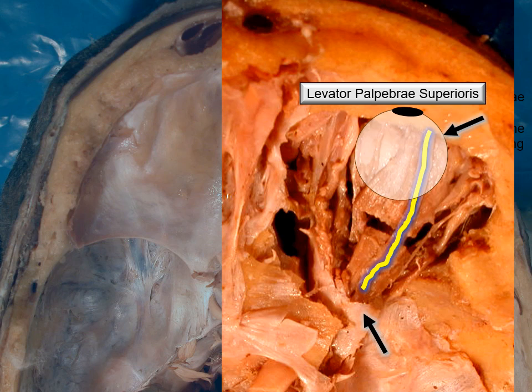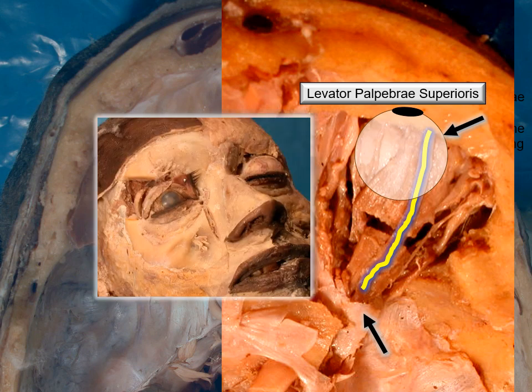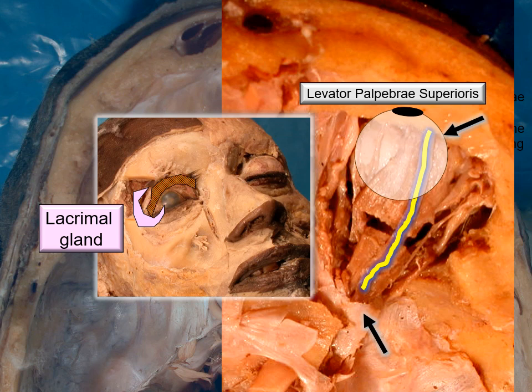Now that's the muscle levator palpebrae superioris. As it expands anteriorly, it is closely associated with the lacrimal gland, as you can see in that flashing animation there. The lacrimal gland wraps itself around the lateral edge of the levator palpebrae superioris. You can see how the gland has wrapped itself around it. As a result, this gland has an orbital part superficial to it and a palpebral part deep to it.